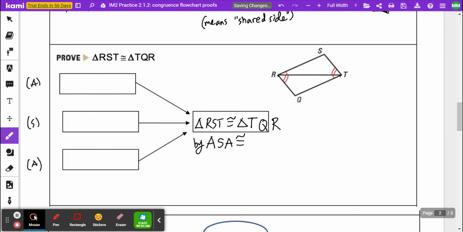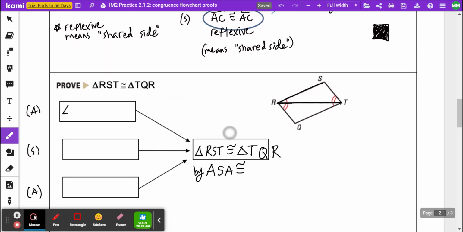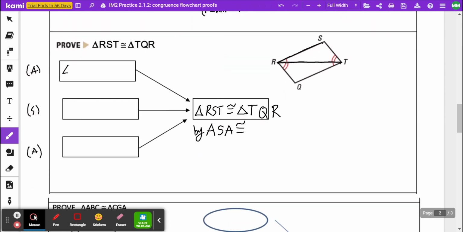Let's do our evidence. The angle part is easy. The side, I'll need to use my fancy justification. Angles are easy here, though, because they're given. So I've got angle R is congruent to angle... I can't write angle R. I have to use three letters because it's ambiguous what I'm talking about if I say angle R, since two vertices use it. Did I make that mistake up above? I did not, because I was doing side, side, side. Okay. For this, I need three letters. Angle SRT